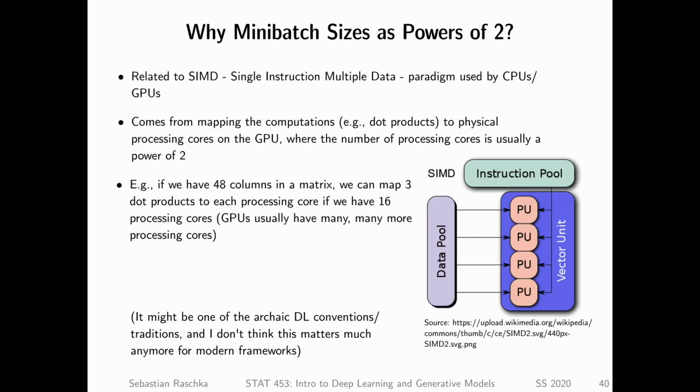Because you asked me this question a couple of times, why do I always say the mini batch size is 16, 32, 64? Why is it always powers of 2? I mean, it's like a tradition in deep learning. Back in the day, we wanted to utilize our hardware as best as possible. And it has something to do with how many cores we have on a GPU. The cores on a GPU are also powers of 2.